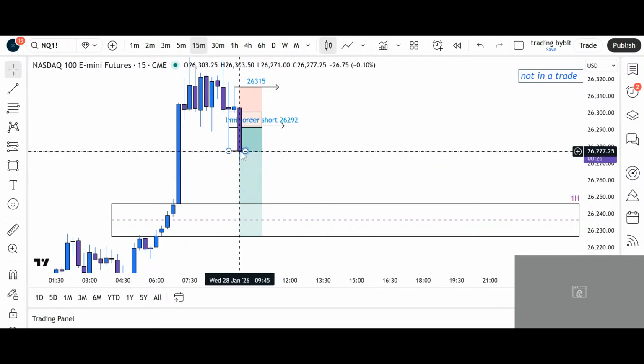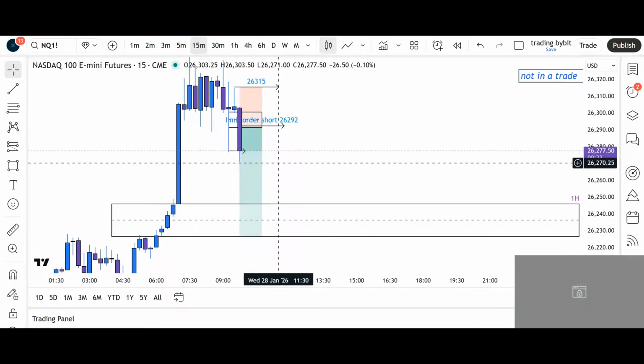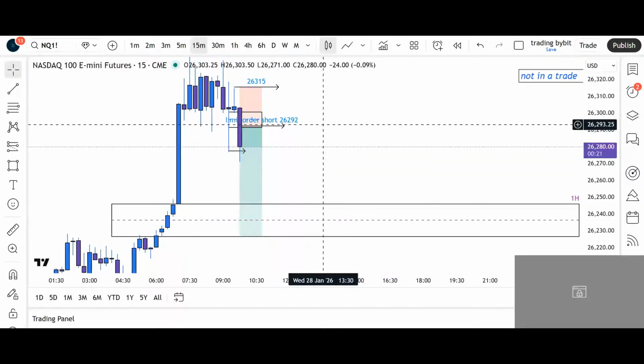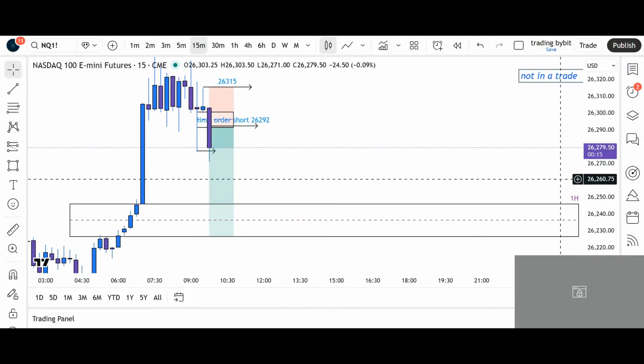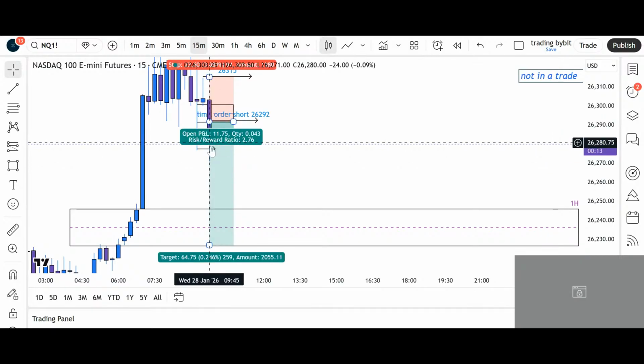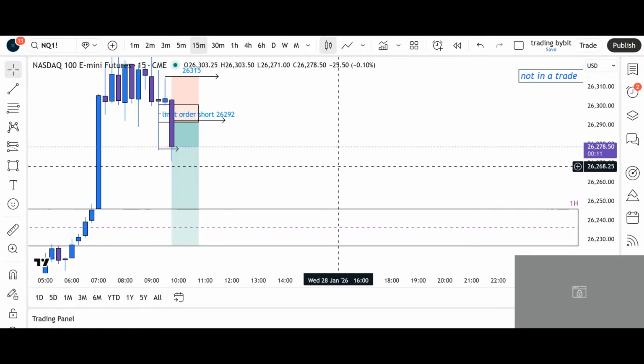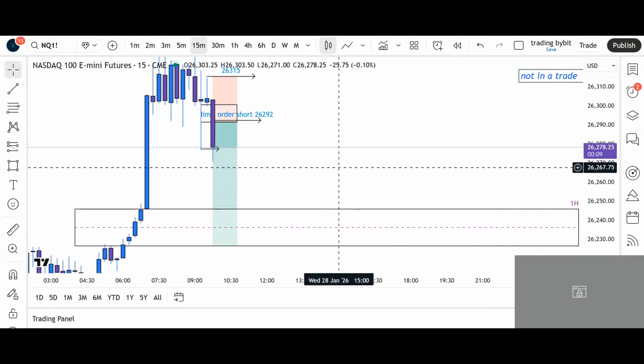I don't want to see this last 28 seconds that this candle hangs and still stays here. If this comes all the way back to that order, that doesn't look good, and we're back in this choppy range. So this next 15 seconds, this candle needs to stay down here. Yeah, this is what I want to see.